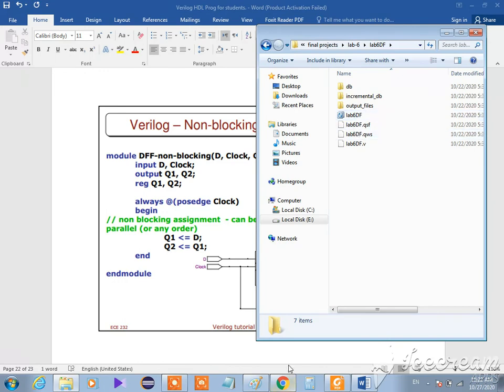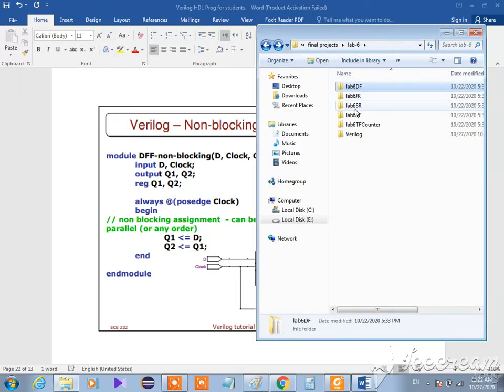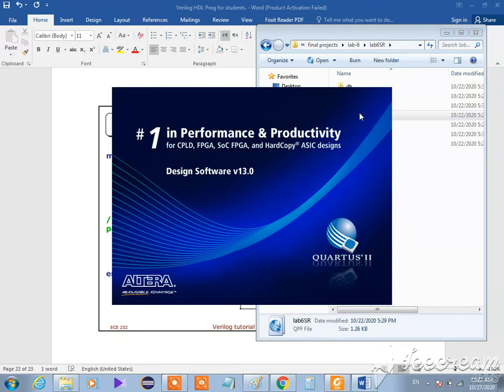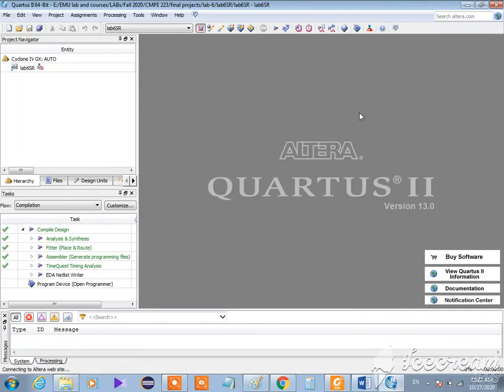Let me check this one, the SR latch. I wrote it before, and now you know how to open this one. But let me do something else, because it is the Verilog language. It's the first time we're using the Verilog language. Let me write the Verilog language